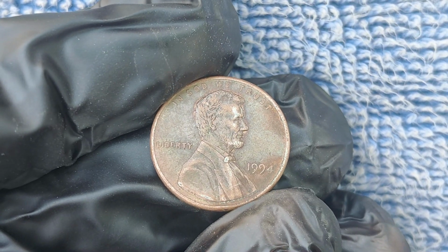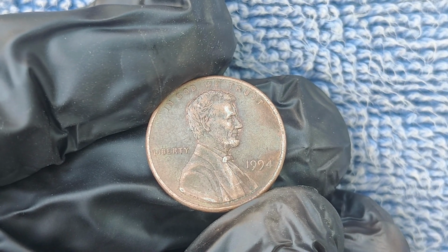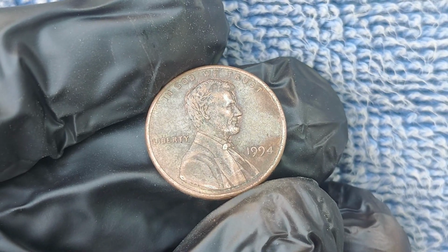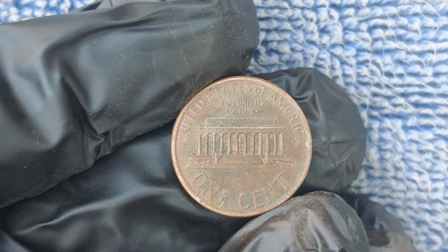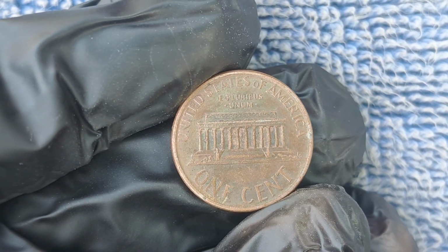Because of this extreme rarity, and the fact that these coins are in high demand from collectors, their market value has increased significantly over time. But if you think you might have one of these valuable coins in your collection, you'll want to know exactly what to look for. A 1994 no mint mark penny will look very similar to a regular 1994 penny, but